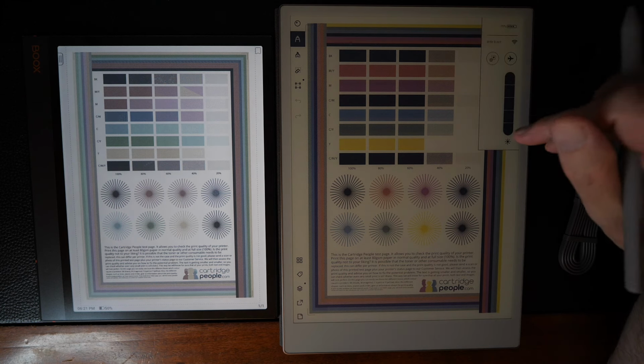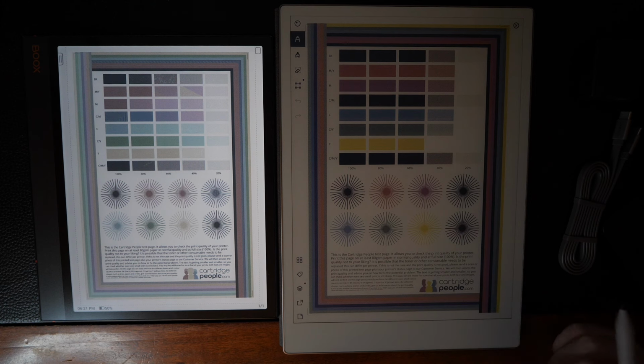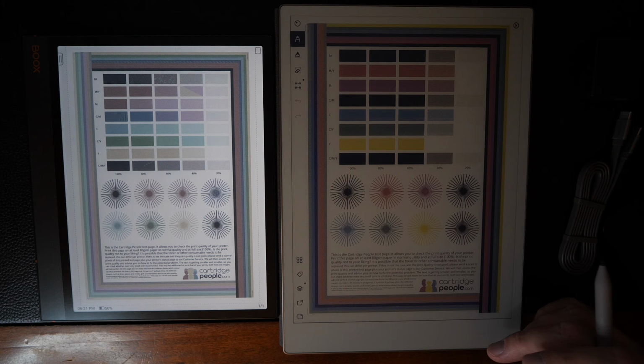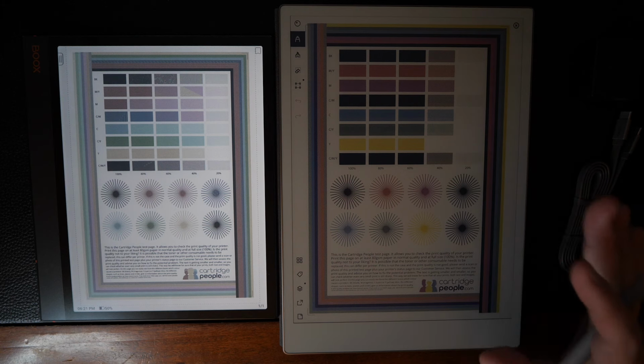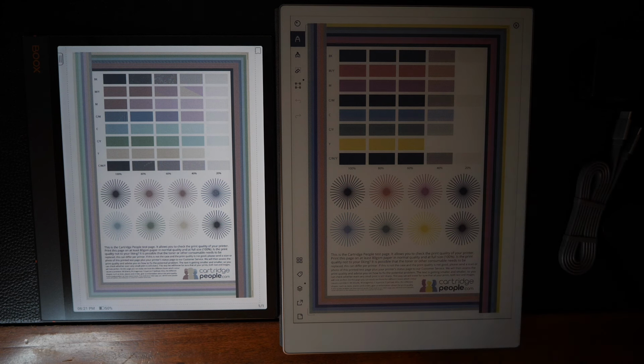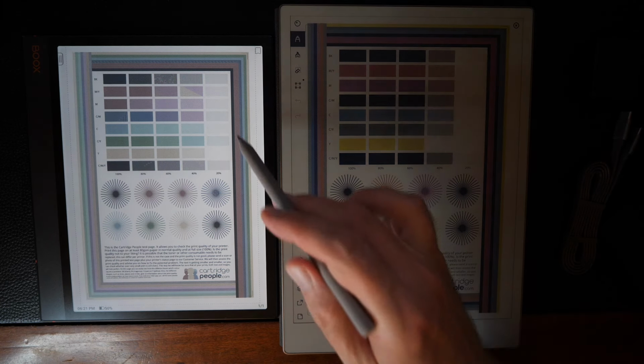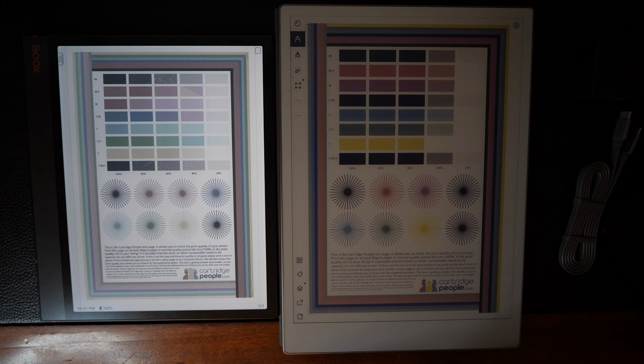Let's go ahead and turn that off. Yeah, it's very subtle. That's why I had forgotten that I had turned on the front lighting. It's not tremendously different. It feels to me like it was designed for really low light environments, like you're reading in your bed and you just need a little bit of front lighting. That's what this is trying to do, where you get much more of a range here with the Note Air 3C. Anyway, that's a comparison of how Gallery 3 handles color versus